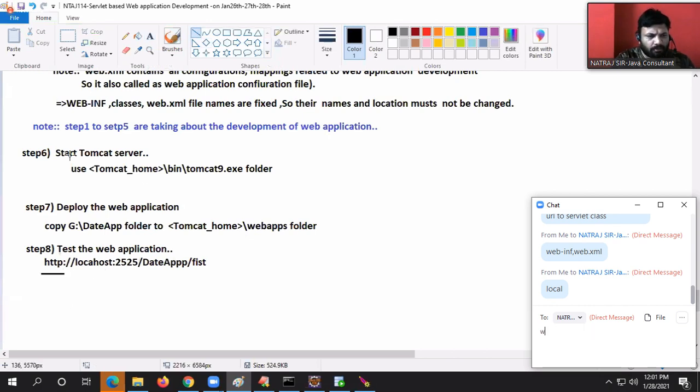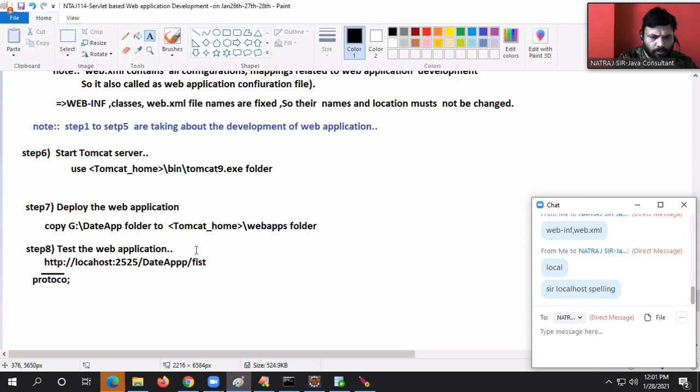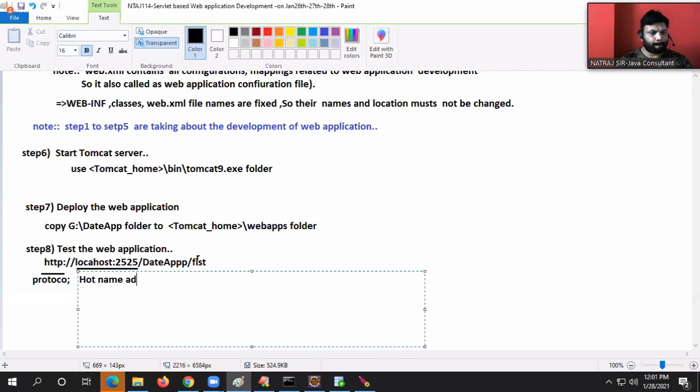This is the protocol. Host name and port number of the Tomcat server.